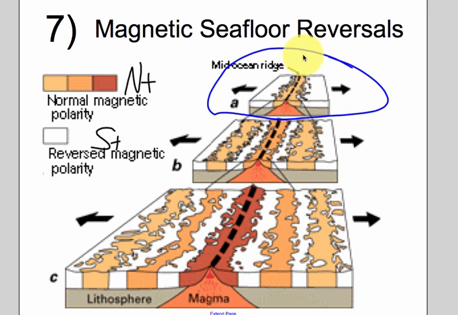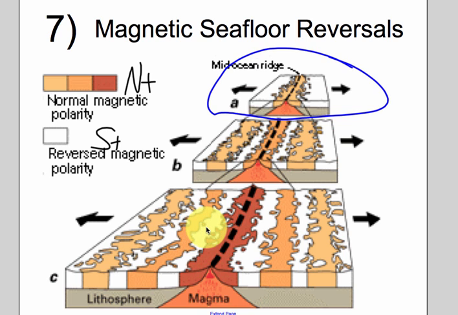So here it is, let's say, 250,000 years ago. New crust is created, and it's going to be pulled apart, and that new crust now got ripped. Some of it's on the left and some of it's on the right, and since then we had some new crust get created, and it was orientated to the south positive pole, and that got pulled apart, and now we have the north positive pole metal orientating rocks, and that's going to get pulled apart, and we end up with this magnetic seafloor reversal where it's positive to the north, positive to the south, positive to the north, positive to